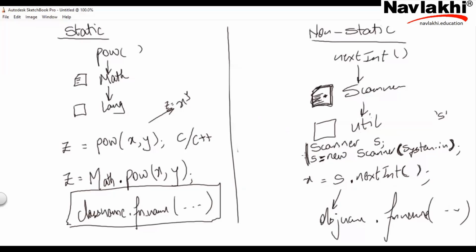Obviously, many students or many teachers, you will see them combine these two lines into one, like scanner S is equal to new scanner, putting it in one line. It's fine. They merge the two lines. Like instead of doing int x and then x equal to 5, many may do int x equal to 5. It became one. There's no difference. Same way out here, scanner S is equal to new, they'll combine. But initially, it's up to you how you want to deal with it. But you need to know it's a two-step process.